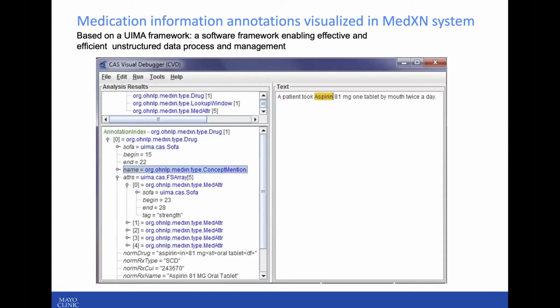This is the graphical view after we run the medication extraction system. In the right panel here, we can see the medication name information. We can extract these names and the corresponding attributes and map them to the standard form in RxNorm and the unique concept identifier in RxNorm. This system produced relatively higher performance compared to other known medication extraction systems.